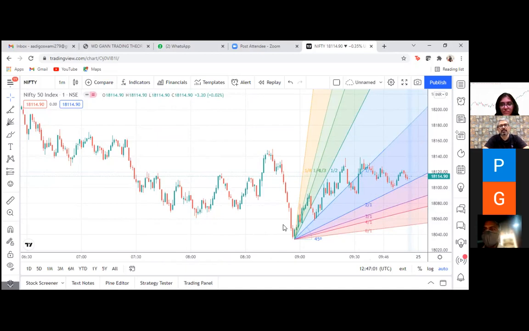All right. So Gagan, this whole technique of WD Gann is actually working on the swing highs and swing lows. So you can pick any low which is very much visible on the chart, and the next swing high. Right now, this point at 9 o'clock is the most visible low on the chart on intraday. If you go back to the daily chart, whatever most visible low appears, you can pick that as the starting point, draw a 45-degree angle, and then draw the Gann fan.